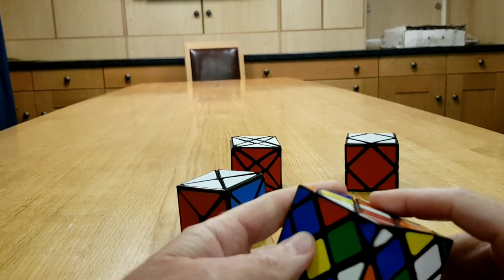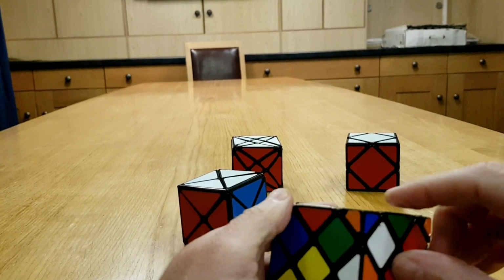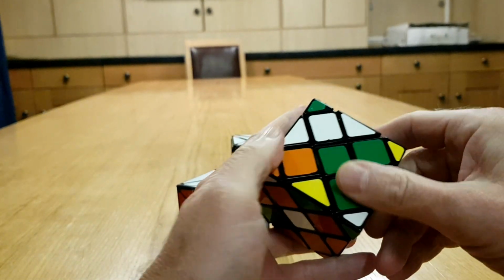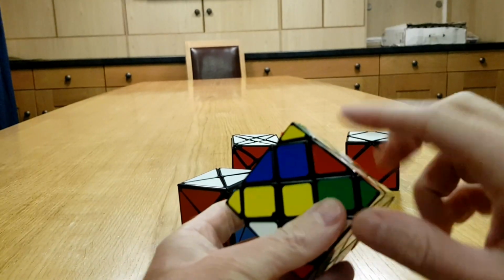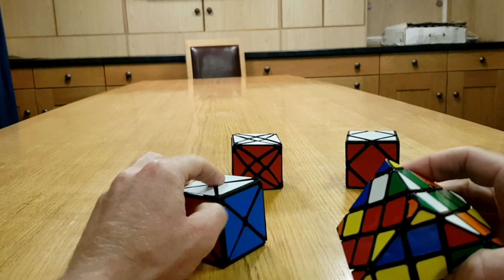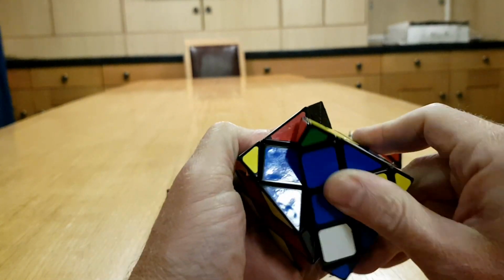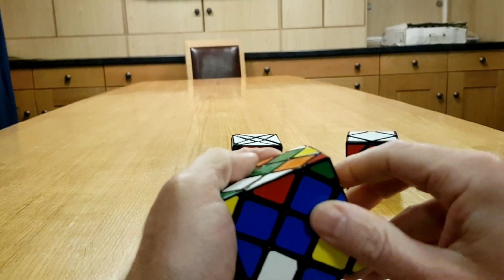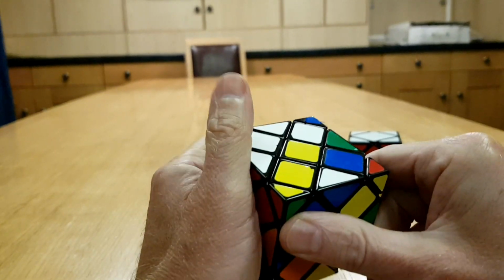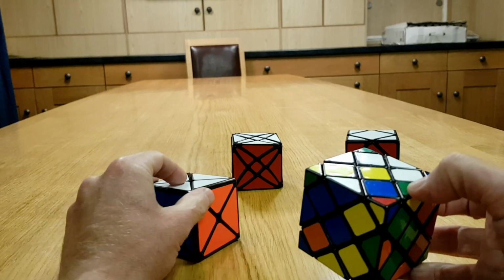So we'll bring this up. So that shouldn't be there. So we're going to move that to the other side. Okay. So we've got white and red there, white and green there. As we know, yeah. Here's the white and blue. So we'll bring the white and blue up, and just move it around the best way you can. There. So we've got, yeah, red and blue, and the next one around is obviously going to be white and